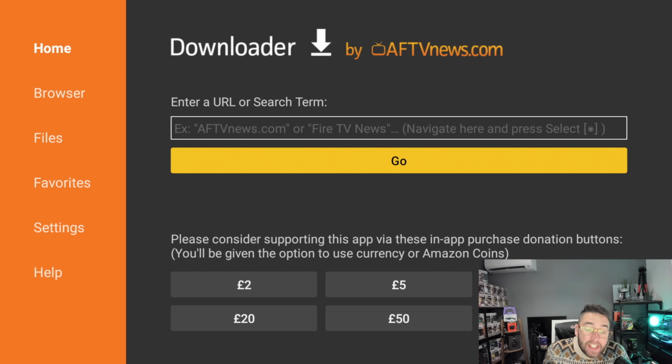So you may have seen or you may have read that Downloader has been removed, and I wanted to make sure we cover all the aspects for you guys so we understand what is going on. As you know, Downloader is a big tool which we use for installing applications. It's nothing to do specifically with third-party applications or anything like that. It's used as a web browser on your devices to install applications